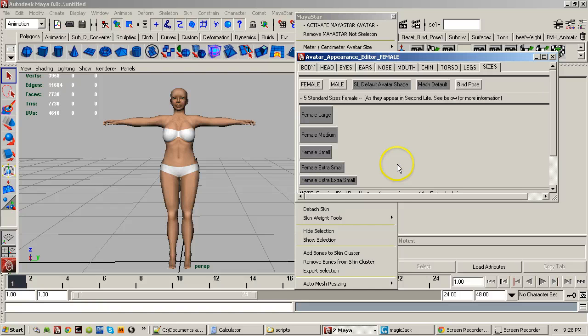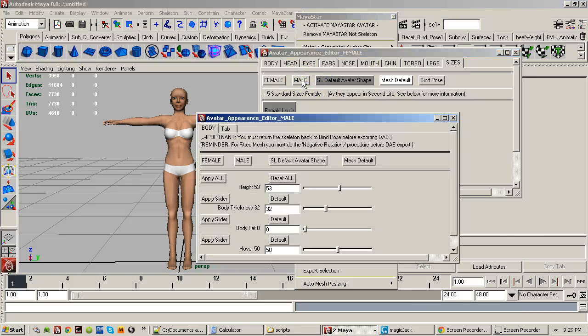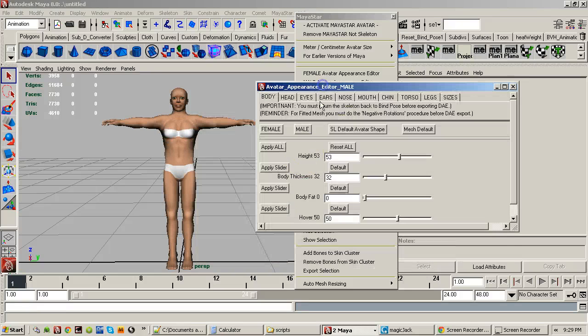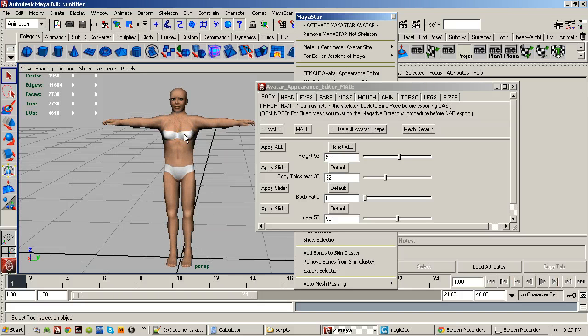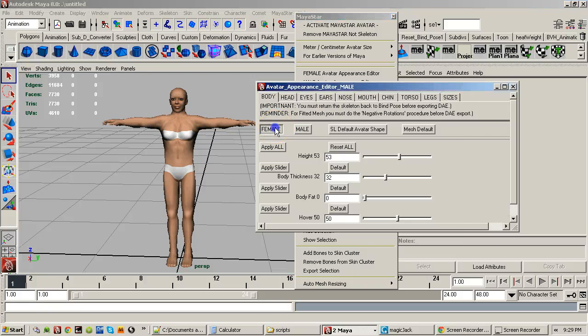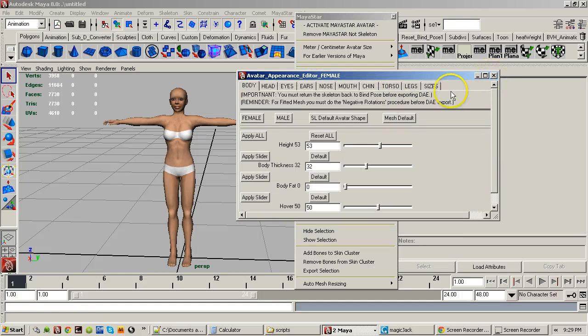So, okay, that's female, and then you can always go back to the mesh default. And if you click on male, another window opens, the first one disappears, and now you have a male avatar. Eventually I'm going to write a little mouse script that changes his skin so he's not wearing this nice little white bikini top. But you can flip back and forth. Just know that anytime you click one of those, or you open and shut this window, while the avatar will maintain its settings, this number will disappear,